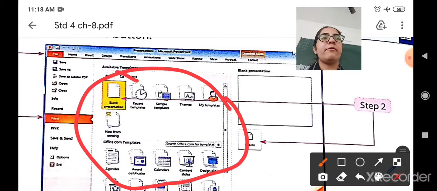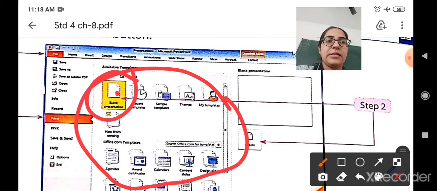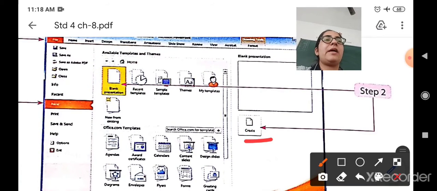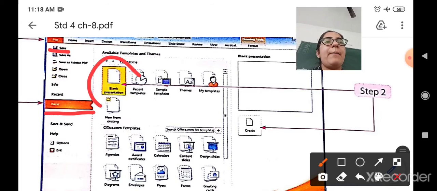From there you will see the first option is a blank presentation. You can double click on that blank presentation to open a new slide, or you can select this blank presentation and click on the Create button which is available here. Again I repeat, first you have to click on the File menu button, then select the New option, then see a blank presentation.